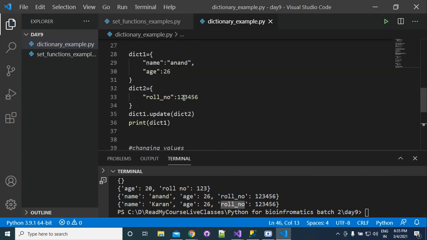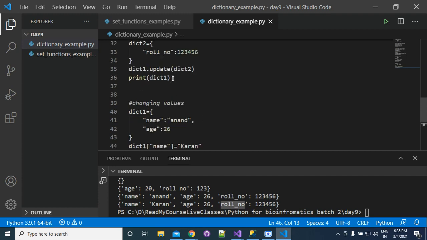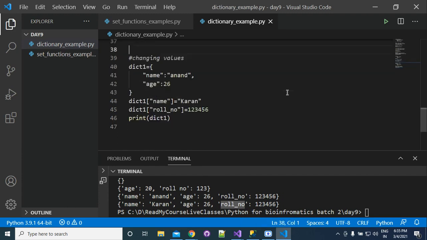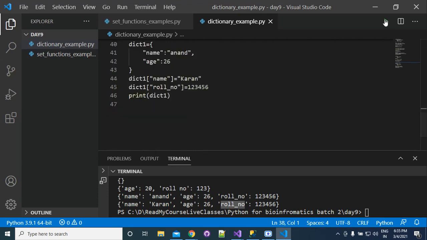Okay. Now I am commenting this line to avoid confusion. If you print here, you can see that initially we have name and age. The name value we have updated to Karan, and now we have inserted a roll number with the value 123456. So either you can use the update function or you can write like this to add a value into the dictionary.